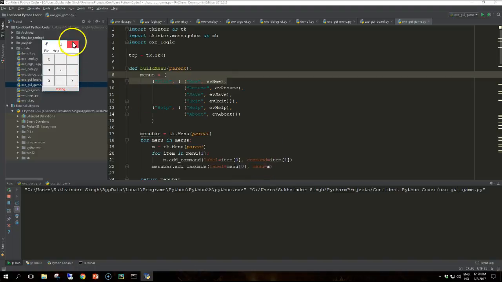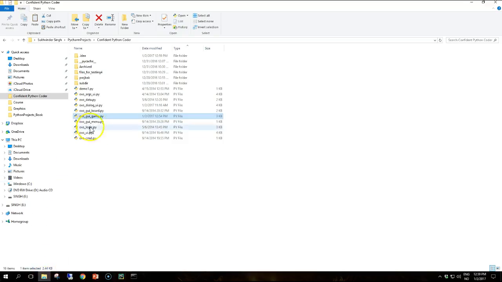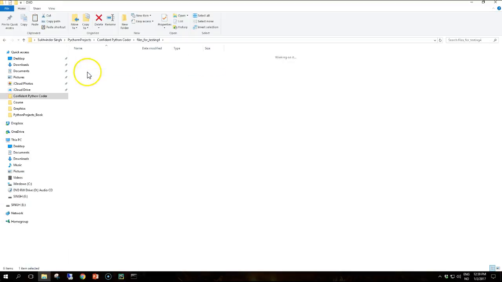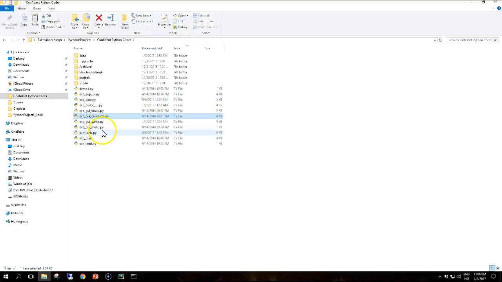So the game is over. It's an improvement from our previous version, where we just clicked the cell and got which cell was clicked. Now we get the game logic. The game logic is working, so we just need to fill in the event handlers in the menu, and these are almost trivial to complete. The finished program you will find in the file which is called OXO GUI complete. So if you copy that file into the working directory,